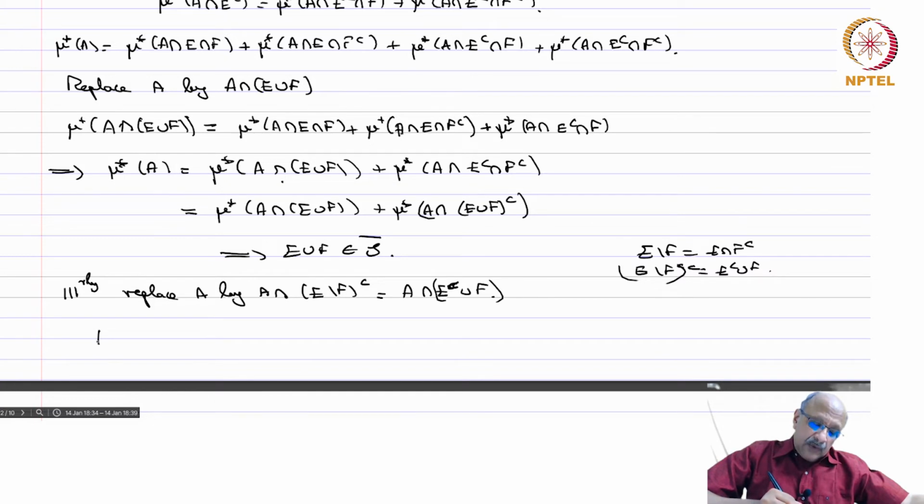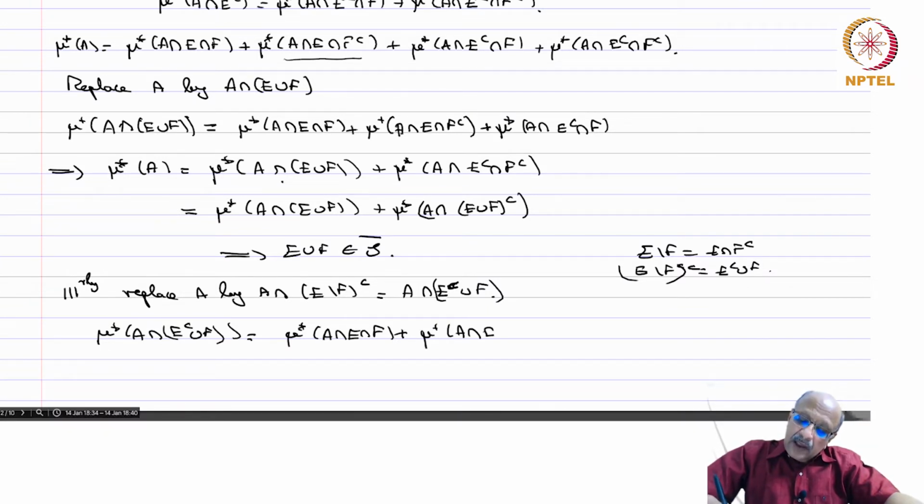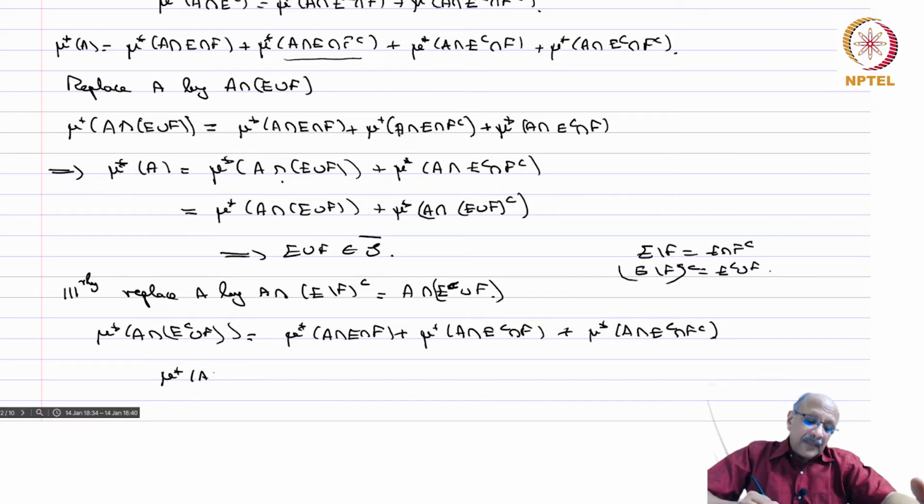So then you get that mu star of A intersection E complement union F equals, so you will get mu star of A intersection E intersection F plus, the second term won't come because you have E intersection F complement in this term here, and here you have E complement and F, so both terms will give you empty set, so that term will drop out, plus mu star of A intersection E complement intersection F plus mu star of A intersection E complement intersection F complement. So now you substitute these three in the values, so you get mu star of A equal to